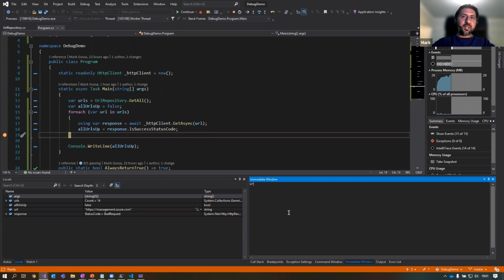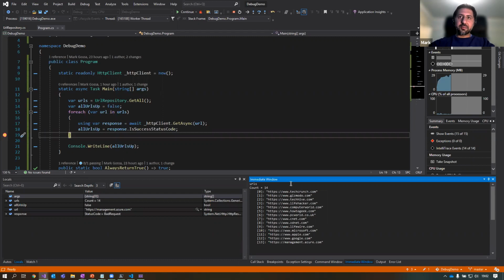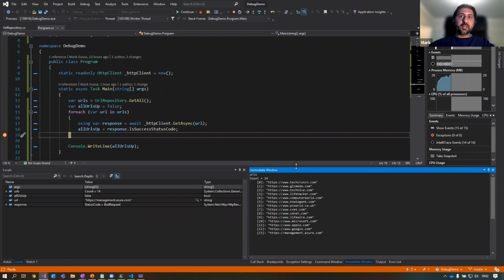So here I can type code as if I was writing on a command line or typing PowerShell or something. So if I just type in URLs, it's going to give me a list of all the URLs in the list. So let's say I just want to remove that last one.